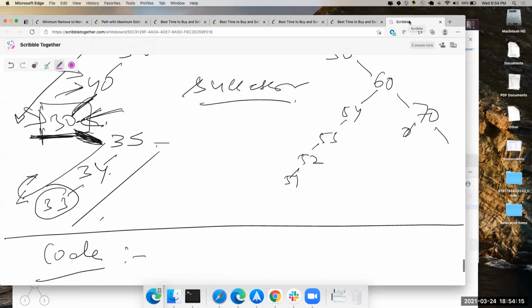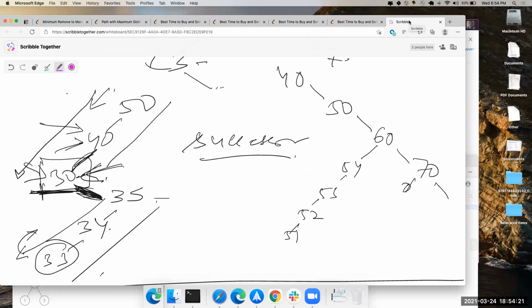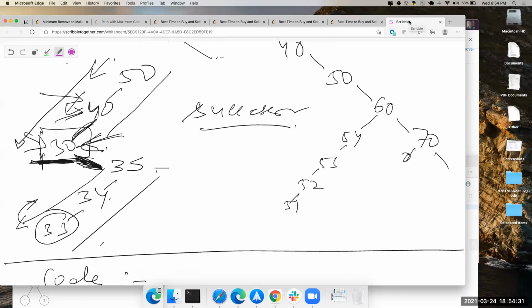Wait, what I'm saying is, you're searching for 30. It is less than 50, you go to the left. 30 is less than 40, you go to the left, right? What we're trying to do right now is get to my target node, which is 30. Given I start off at 50, because I know my target node is less than 50, I go left, right? So I mark my current minimum as 50.